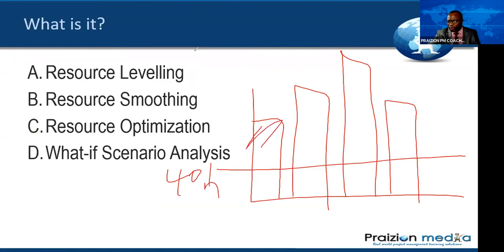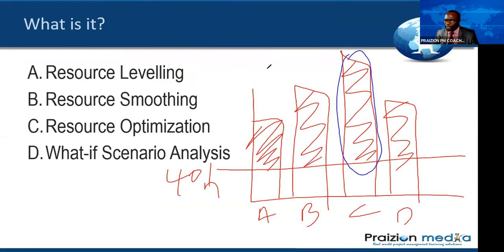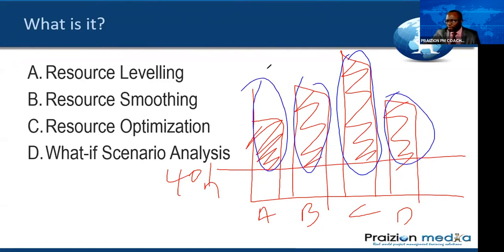Okay? And you got all of this extra that I'm shading. What are you going to do with all of this extra hours? So you got resource A, B, C, D. These are their histograms. Resource C is the worst. What are you going to do with all of this? If you are really in a bid to spread out the resource usage, what are you going to do with all of this? You see, this either has to go into pockets where there's slack or float